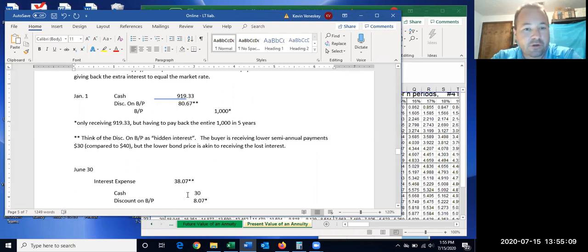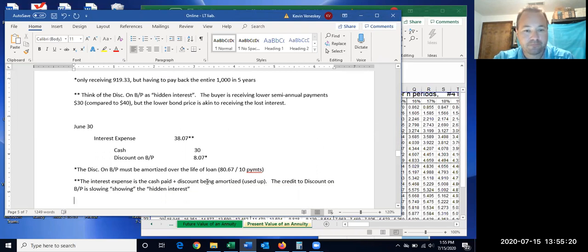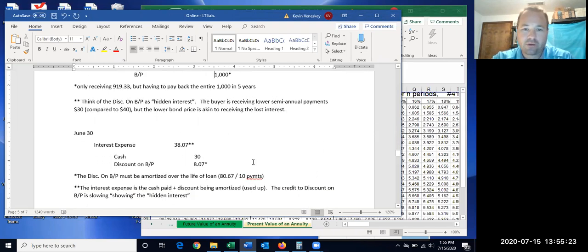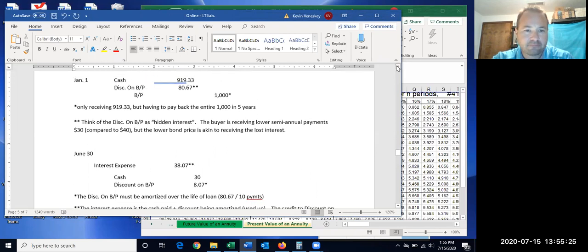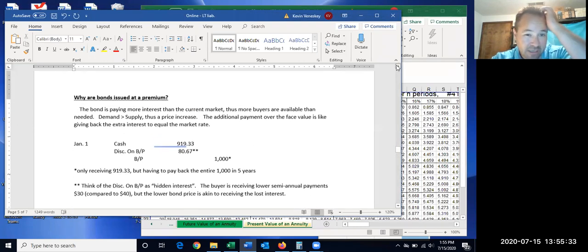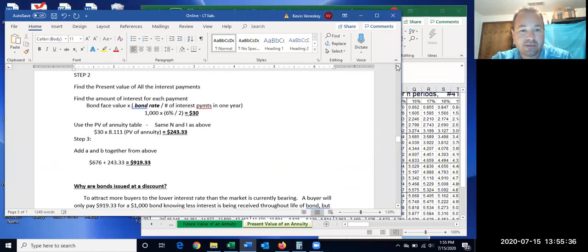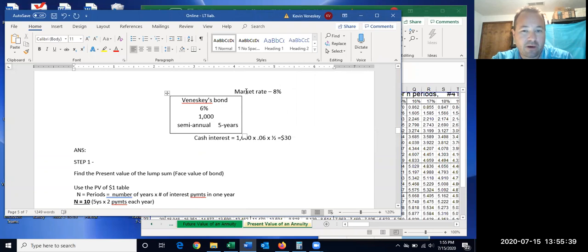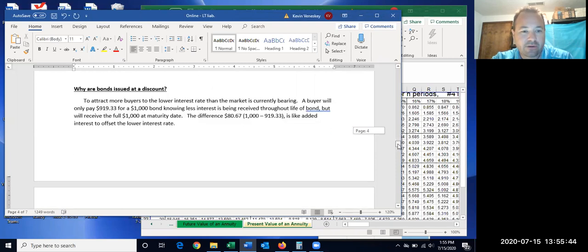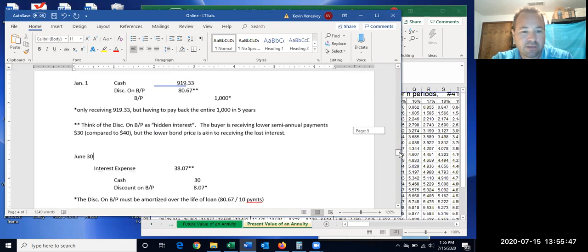All right, so let's look at how the journal entry is. The interest expense, we always want to calculate this on the market rate. And we could have done this, the best way is to get these two amounts first and then plug in the interest, but we wouldn't have had to. It's going to be close. If we go back up here and look at my bond, it's an 8% rate. So if I was to calculate the interest expense,